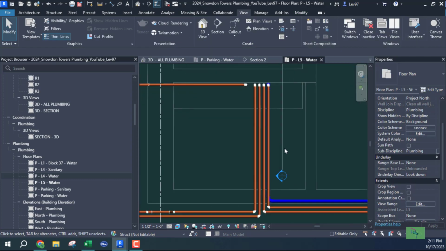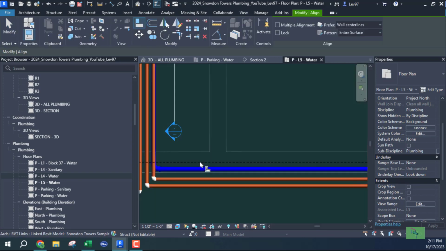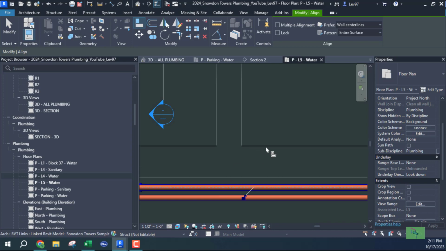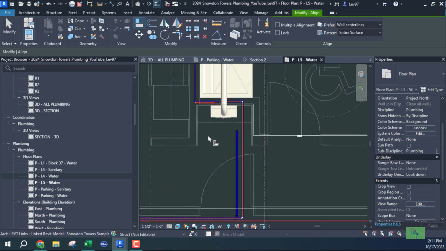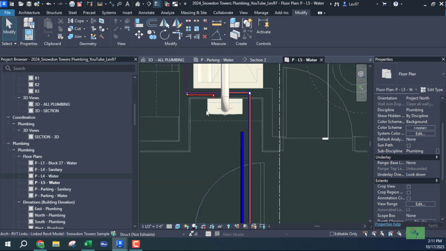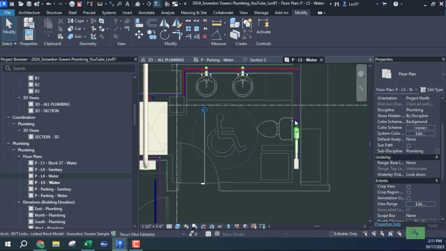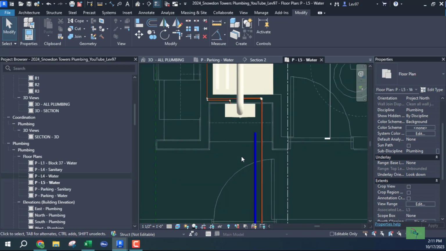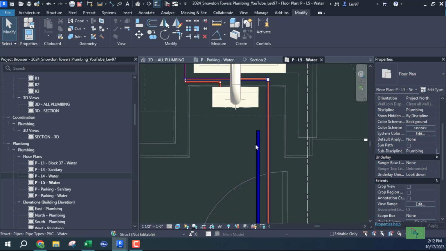Okay, so I'm going to align. Let's modify it and align. We got here and we got there. Let's go over and okay. So that's the water heater, shower, kitchen sink, the two lavatories. There's a water closet here, flush tank, and a washing machine. So at this point, this is where I'm going to maybe